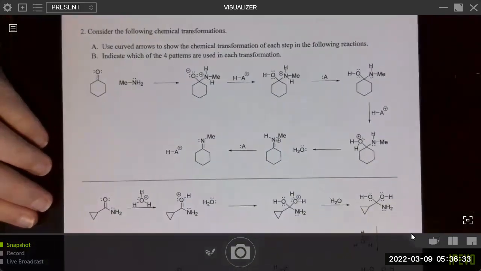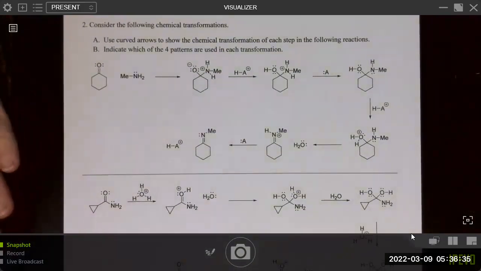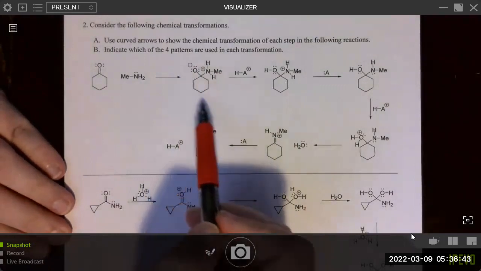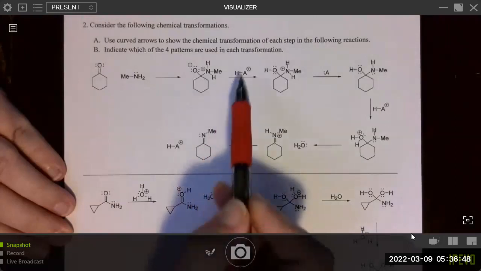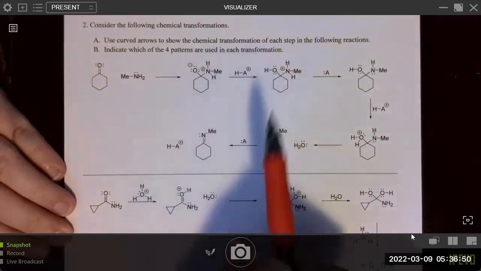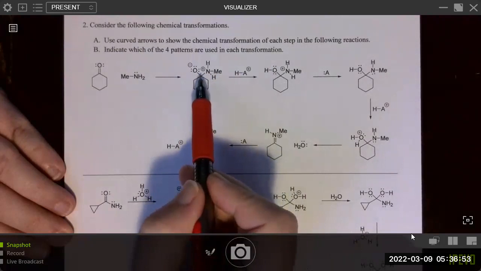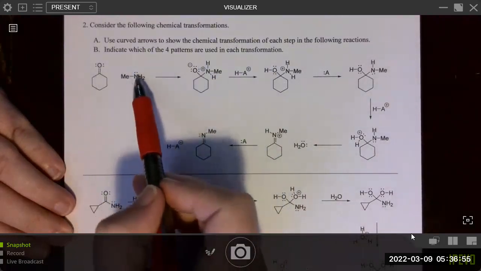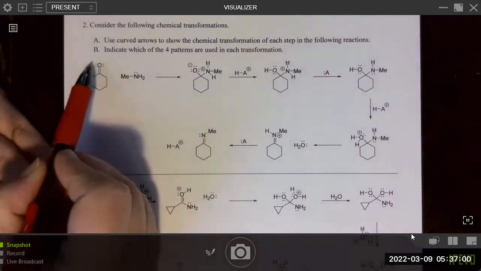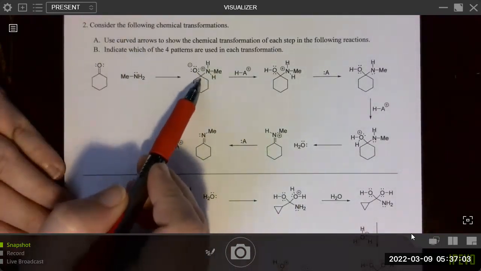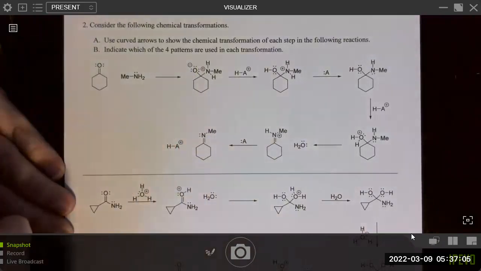Let's go ahead and use those to help us not only label the steps, but also to draw in the curved arrows. So what we have to do is look and see what happened here, in order to be able to know how to draw the curved arrows to get to this intermediate. What I'm seeing is that there appears to be a bond being formed between this carbon and the nitrogen, and that the oxygen, which now has two lone pairs, is going to end up losing its pi bond and getting a third lone pair.